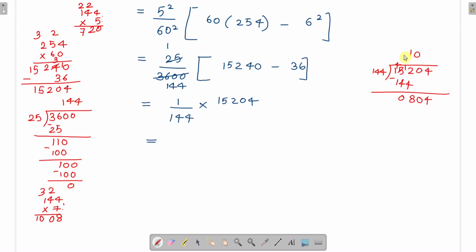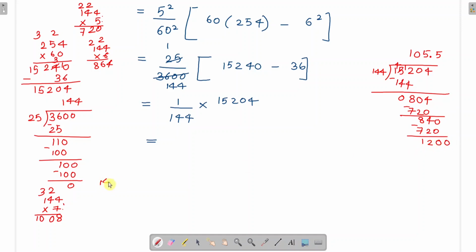Okay, so 144 fives are 720, so 4, and 80 minus 72 is 8. Okay, and again an extra 0 we are taking, so point. Now if you look at 144 times 6: 6 times 4 is 24, 6 times 4 is 24, plus 2 is 26, 864, so again it will be 5, 720. Okay, and again 0,